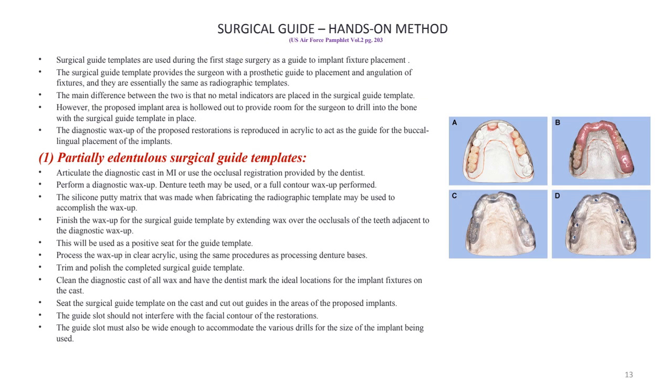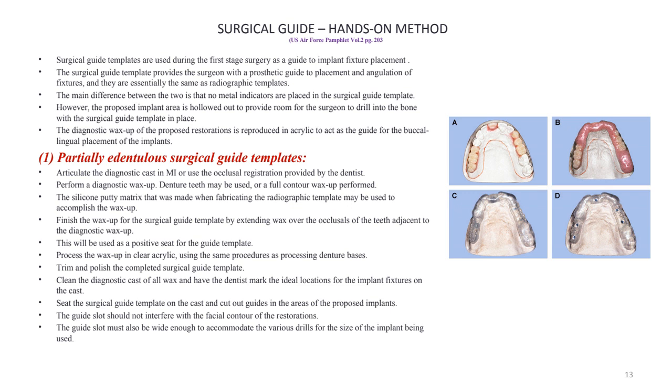So we see also another method where we can use clear acrylic to do the stent. So again, the same idea: articulate the diagnostic cast in maximum intercuspation or use the bite registration. Do the wax up, the diagnostic wax up, or use denture teeth where there are missing natural teeth in the